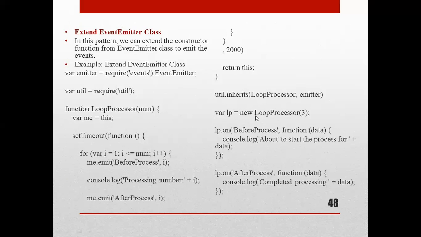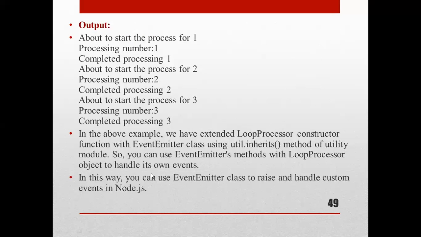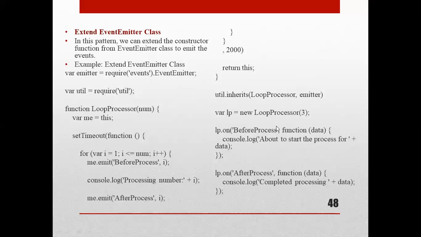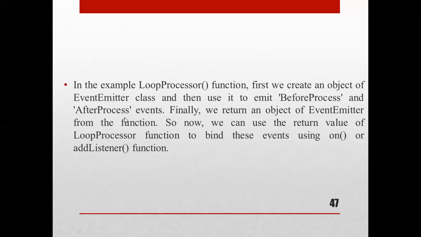To handle its own events, we can use the object of this loop processor function. We use the object of this loop processor, or the object of the inherited event. Okay,